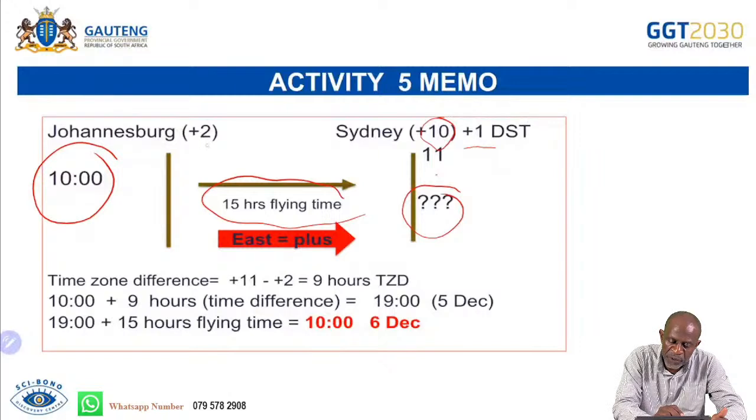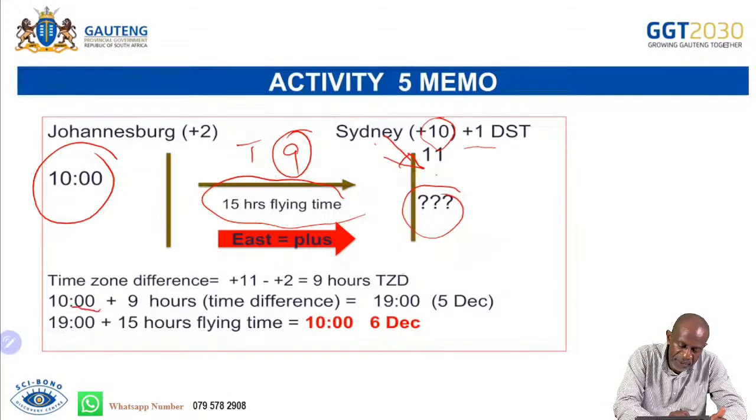And if you do +2 and +10, the time difference will be, instead of 8 hours under normal circumstances, because of this 1 hour, 9 hours, because Sydney has moved to +11 because of DST. So if it's 10 hours in Johannesburg, plus 9 hours of time difference, it will be 19 hours in Sydney. And if you add 15 hours of flying time